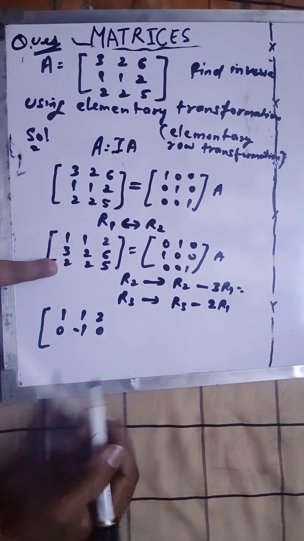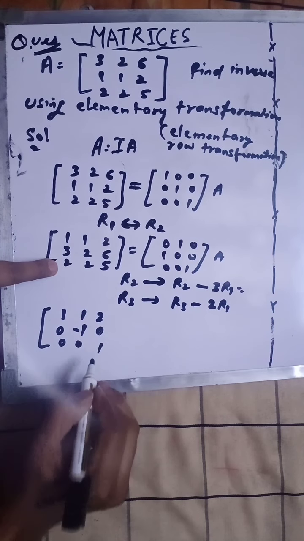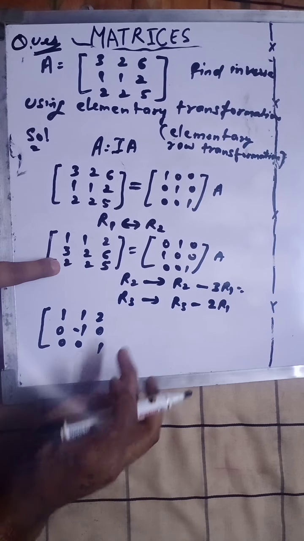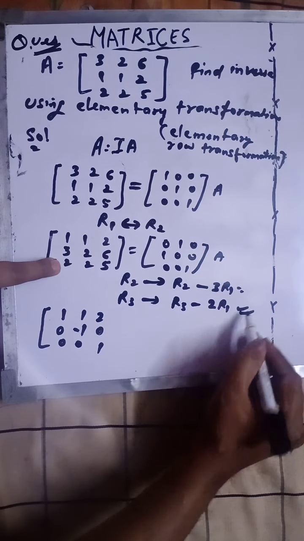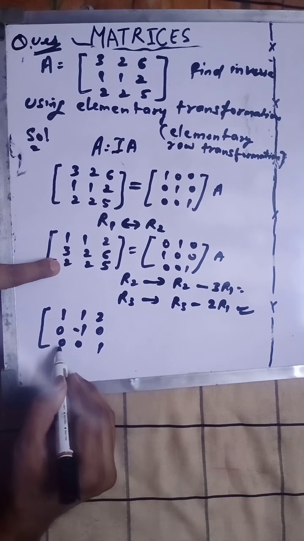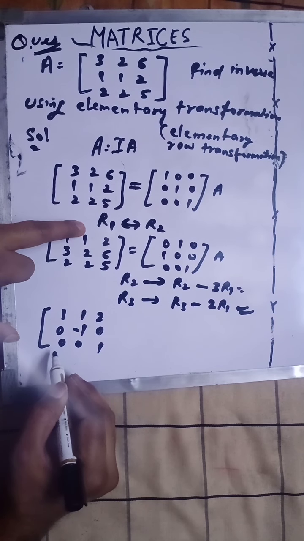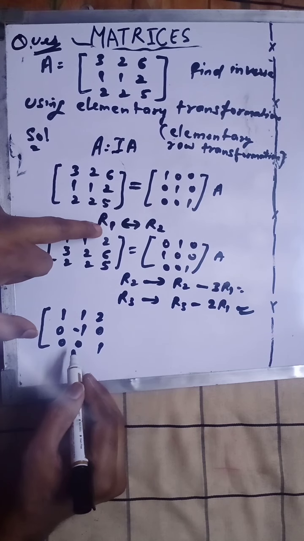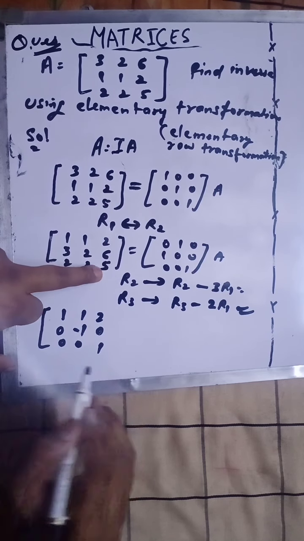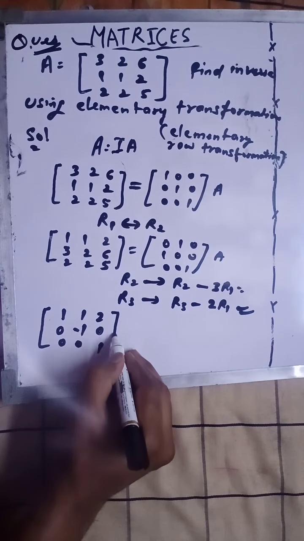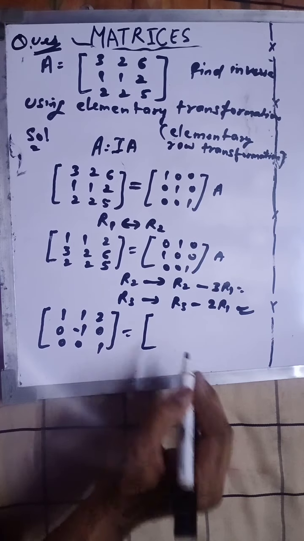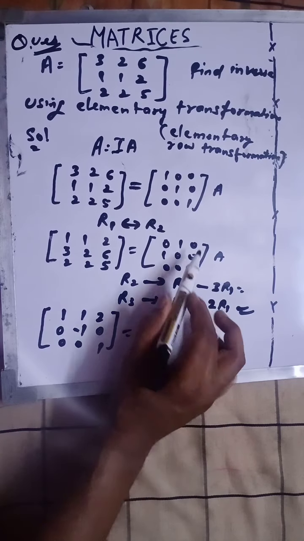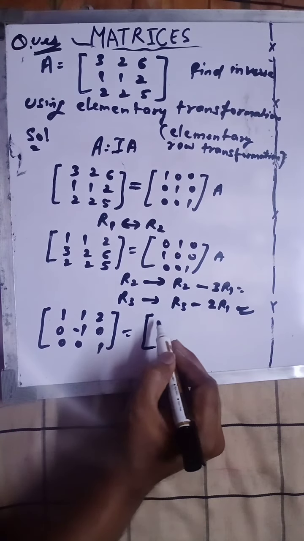Similarly here, you will get 0 0 1 because you are multiplying this by 2, and when you subtract this, when you are applying this operation, you will get 0. Multiplying this by 2 and subtracting this from 2, that will be 0. Multiplying this by 2 and subtracting this, that would be 1. So you will get this, and here the same operation you have to apply.